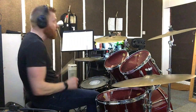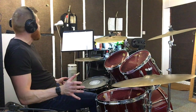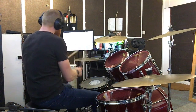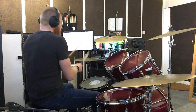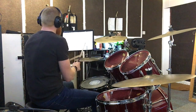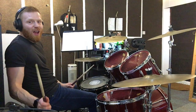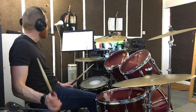Right, the intro groove is a basic 2-bar phrase. There's a little bit of variation at the start and the end of the intro, which I'm going to leave out for now, but the basic 2-bar phrase, let's take bars 3 and 4, is going to go like this. Basic rhythm there: 1 and 2 and a 3 e and 4 and a 1 e and 2 and a 3 e and